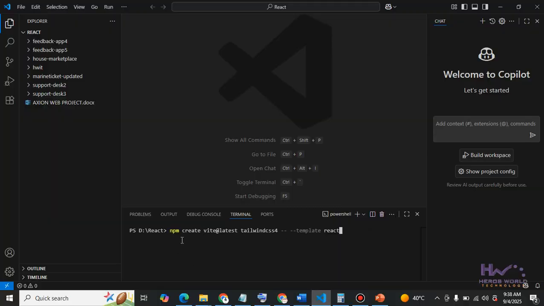Create npm create Vite. Okay, so create Vite at latest. It's going to use the latest version. Okay, so this is going to be the name of the app I'm creating. I'm creating Tailwind CSS 4. So I'm going to use, oh,